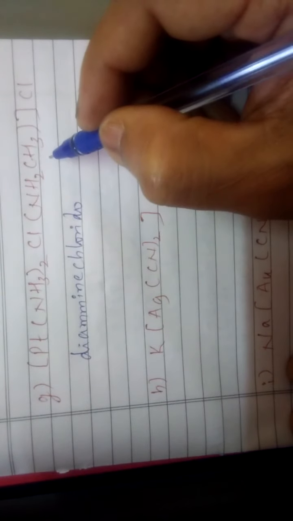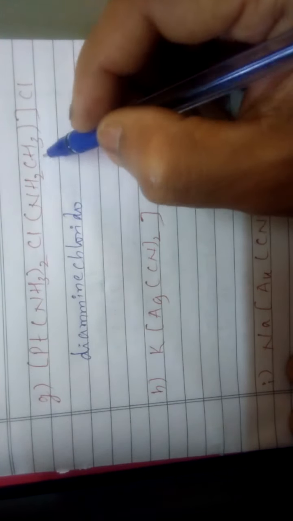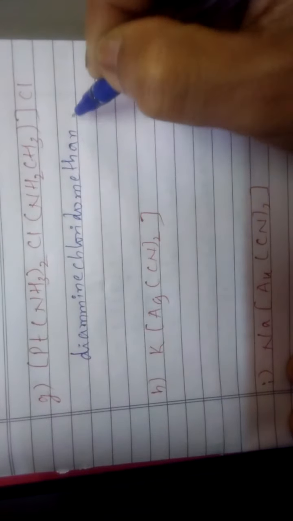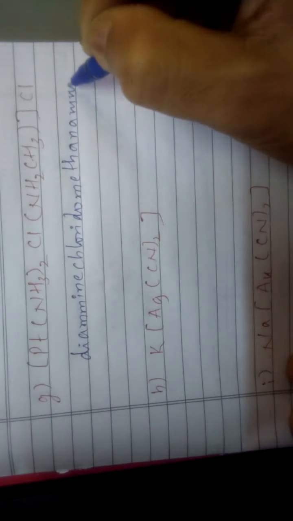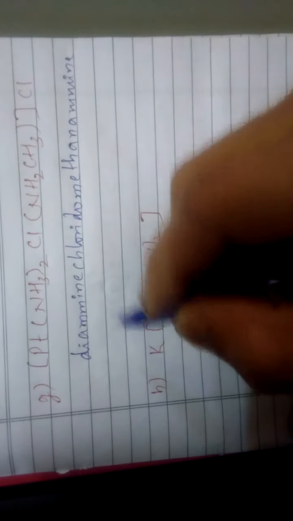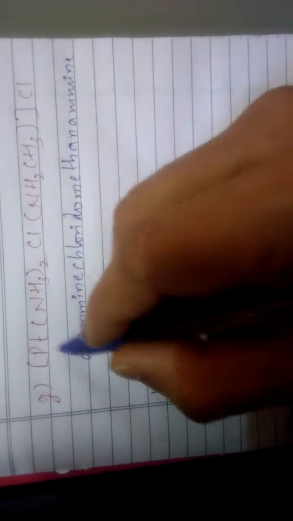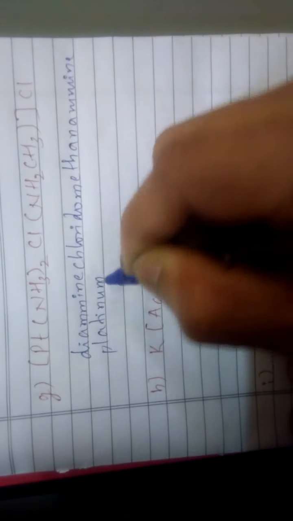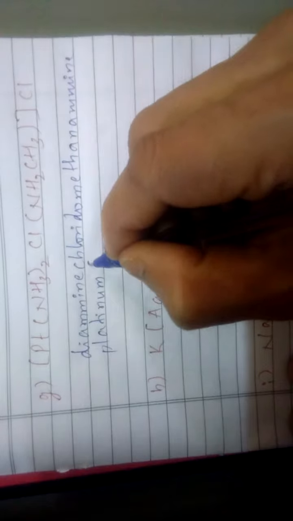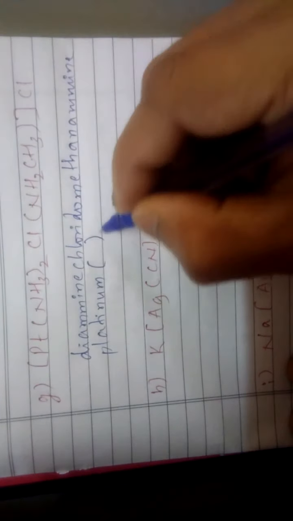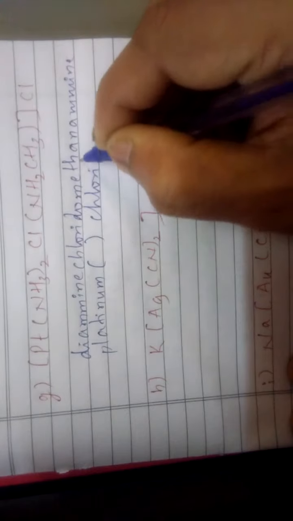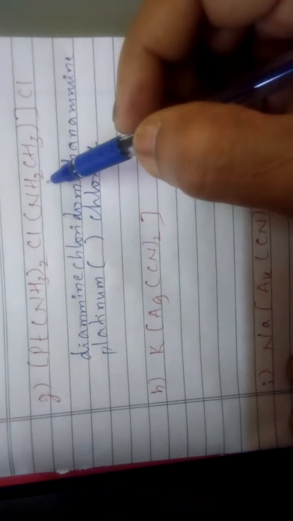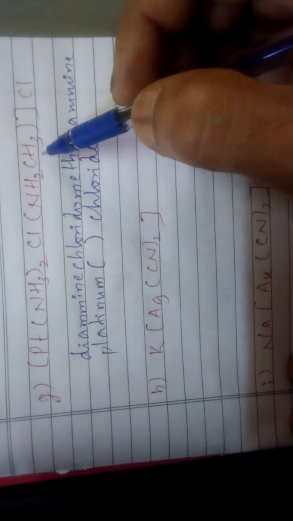Here the name of the organic compounds is used as it is. Okay, so NH2CH3 is the methane amine. And then you have to name the central metal ion, platinum, because it is a cationic complex, platinum. Leave the space for oxidation state. Okay, and it is chloride, counter ion. Amine is the neutral one, and methane amine is also the neutral one.